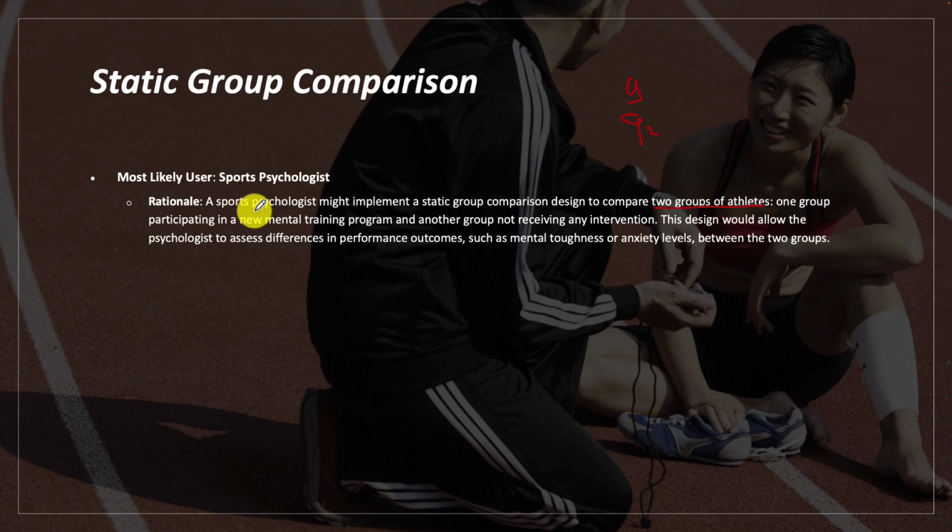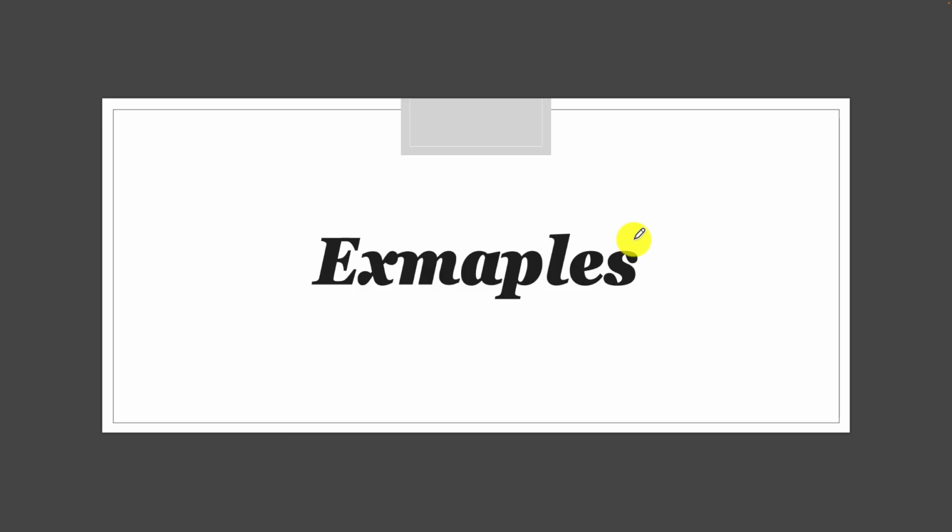One group participates in a new mental training program and the other does not receive anything. Then we would do our observations and see if group 1, after the intervention, showed any significant differences from group 2. So those would be our examples of